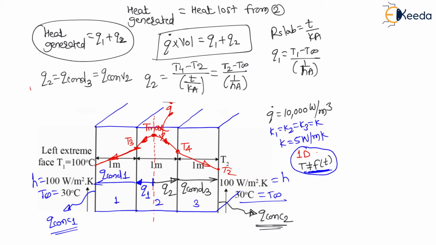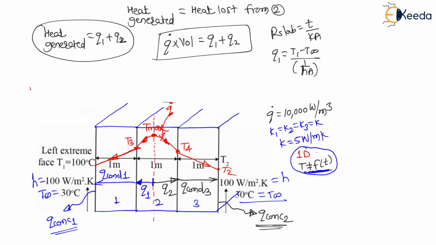So my dear students, if I want to find T4, then I will equate these two equations, right? And before that, to find T4, I will calculate T2 from other boundary conditions or other relations. First of all, find T2, and again, if you want to find this T4, then by equating these two equations, you can find T4. Because here all other values are known, only T2 and T4 are unknown. So let us solve for T2 first. Now here I am going to use Q2 is equal to T2 minus T infinity divided by 1 upon HA.